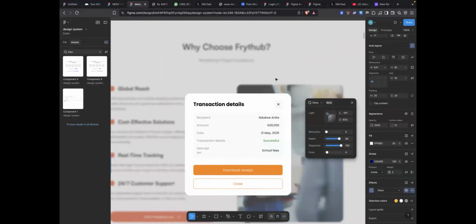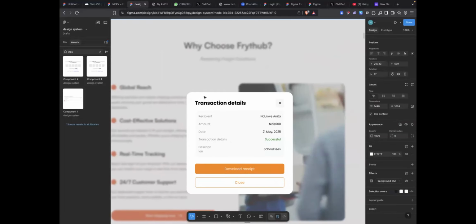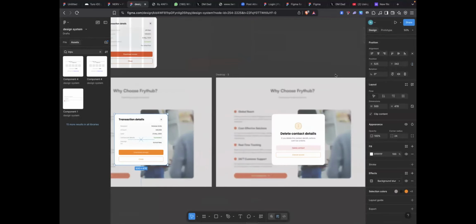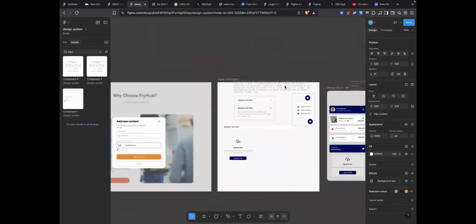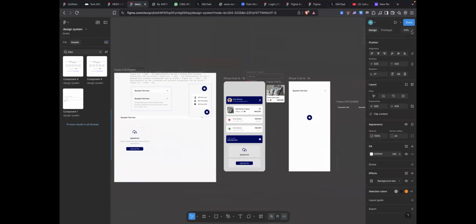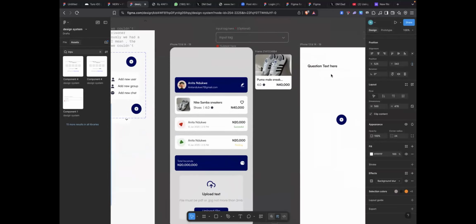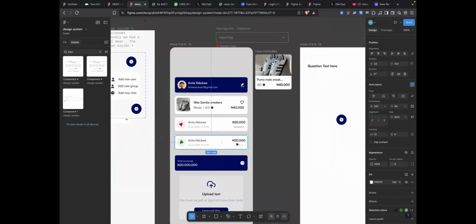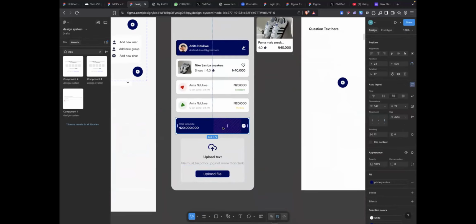So this is the modal, these instructions on the modal. You see everything, the transaction successful and everything. This is one of my first designs. So we just have my components. Yeah, so you can see here. All this I don't have to redesign because I have the standard.